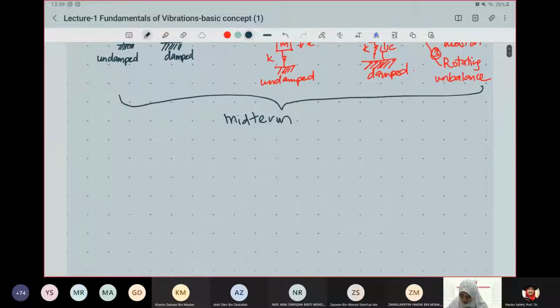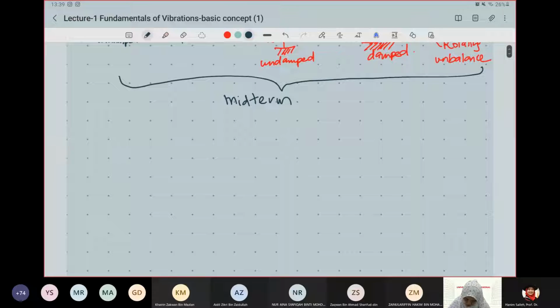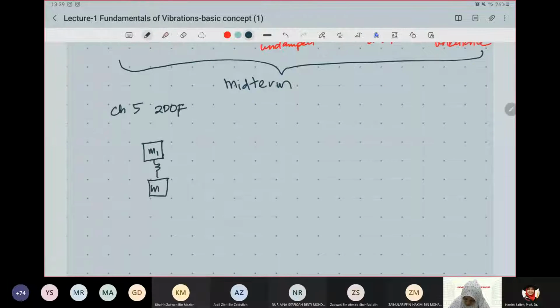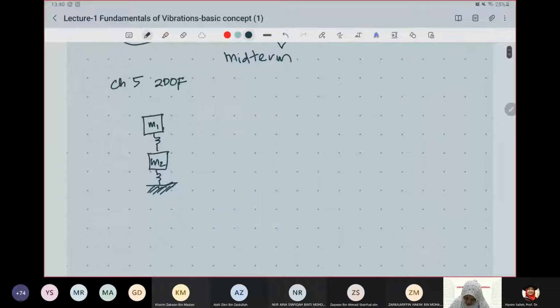So after the midterm, you're going to take a look at a 2 degree of freedom system, which is chapter 5. So in the 2 degree of freedom system, we talk about free and forced as well. So now instead of 1 mass, you're going to have 2 masses because it's a 2 degree of freedom system. Okay, it can be damped, it can be undamped. Okay, you can also have forces. Force input, it can be sine, it can be cosine. Okay,